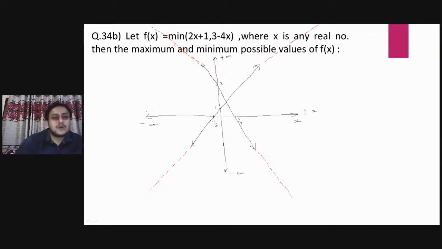Now when you move from minus infinity to plus infinity, left to right, then at this value of x, which graph or which line gives us the minimum value, this is the minimum of these two. This is what this equation is, y equals to 3 minus 4x, let's say this is second one, and this is what y equals to 2x plus 1, this is first one. So going left to right, which graph will give us the minimum, this one, this graph